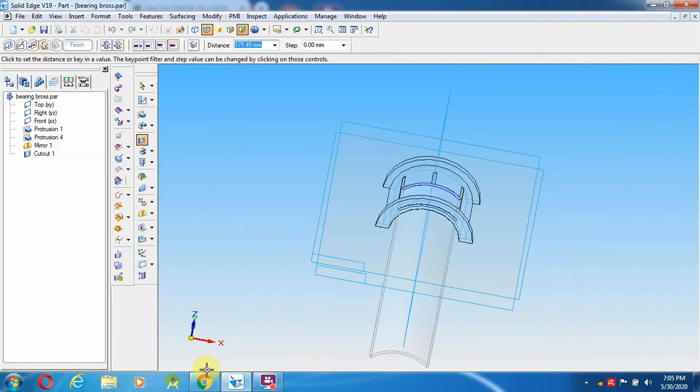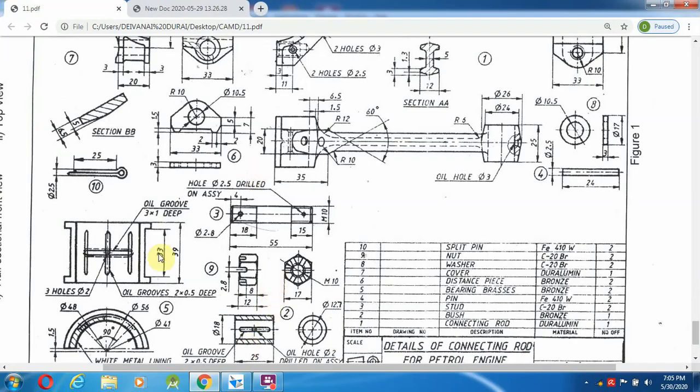Now how much mm deep you have to give? So already 1 mm deep, so actually 1 mm you have to select.